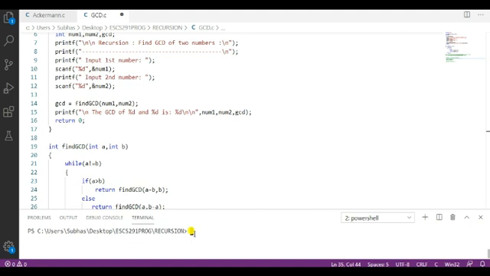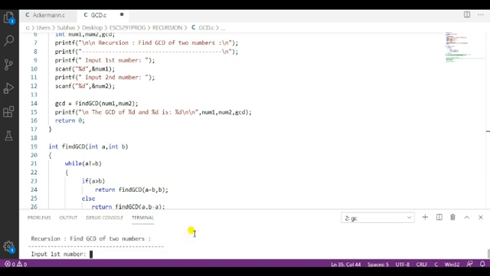So the name of the file is gcd.c. Compile it with gcc gcd.c -o gcd, where the output file name is gcd. Okay, you can take any number, no problem. You know that you have done so many examples in your lab also.